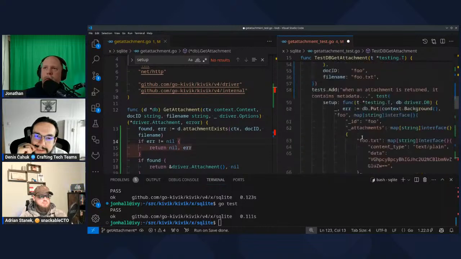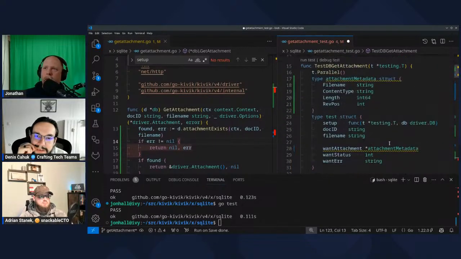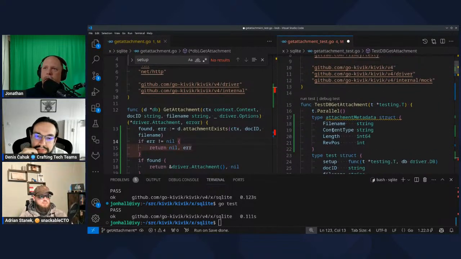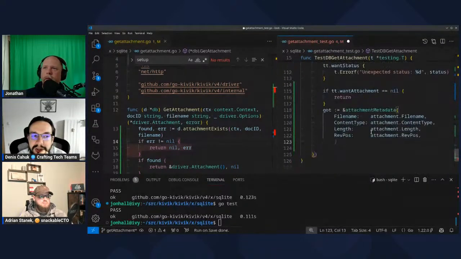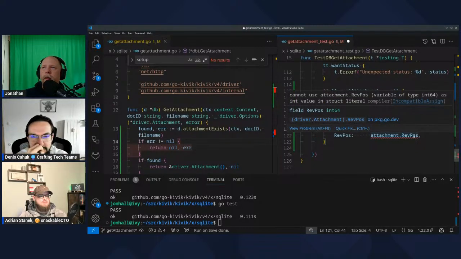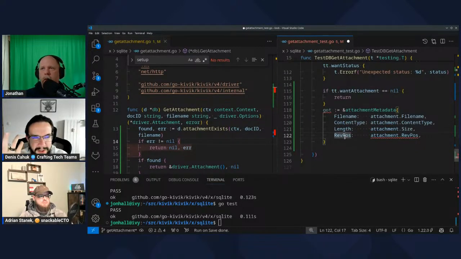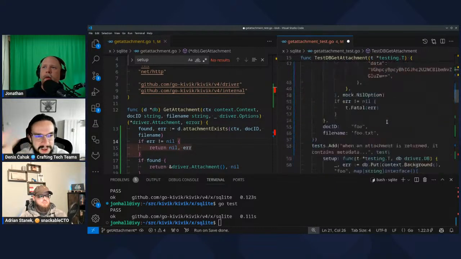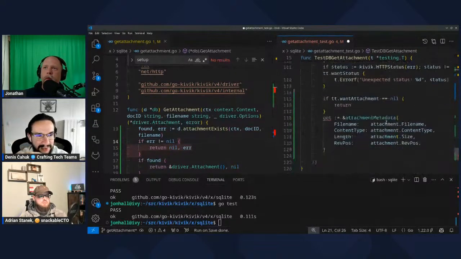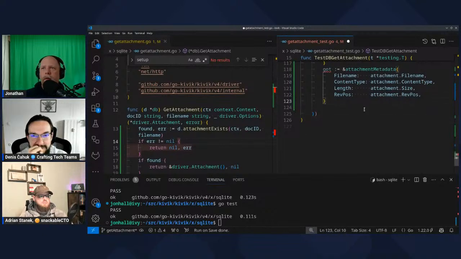Do we want to check the content as well, or we don't care about that right now? Let's say no. Let's assume the content is the attachment itself, and it's not metadata. I would always say that the content is not part of the metadata, right? That's why the metadata is meta. Otherwise, it would be the data. If I have an image and it has metadata, then I'm assuming the metadata does not contain the image.